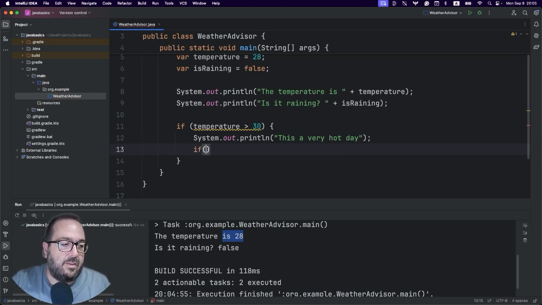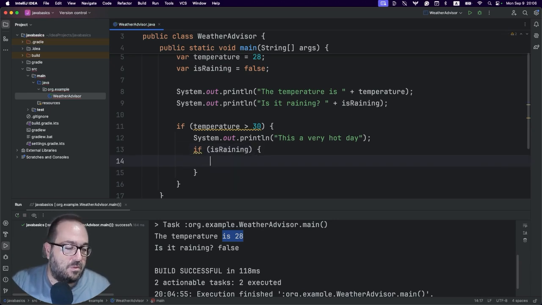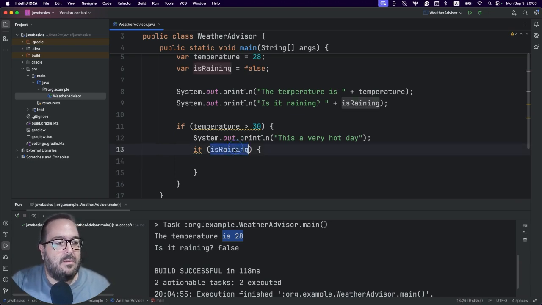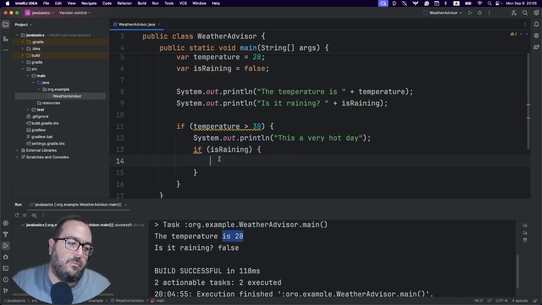But is it raining? You can have the variable inside the if condition check, inside the parentheses. What the if is going to check is whether it's true or false. You don't need to compare it to something else, because it's already a Boolean, it has only two options: either it's false or it's true. And we say, is it raining?